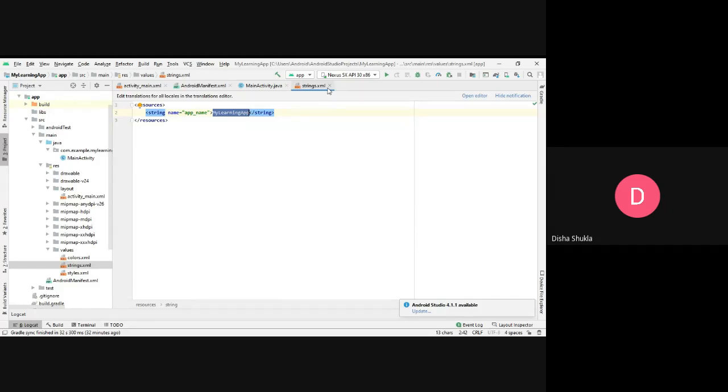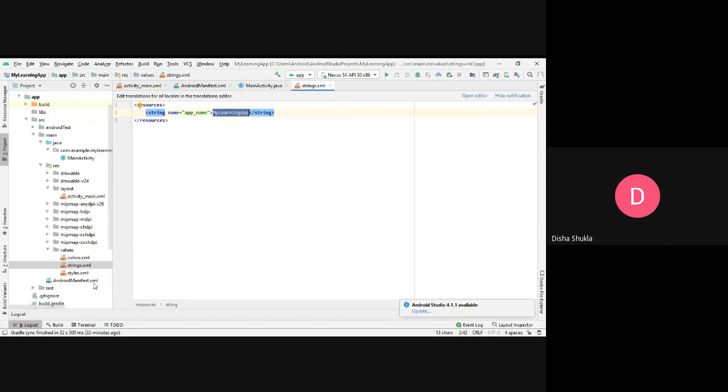So if you hard code it there, then also you can do it. But then, as I told you, if you want to change those things, then you have to go to each and every place, and then you have to change all those things. So it is recommended to use a string.xml file and mention the things over there.